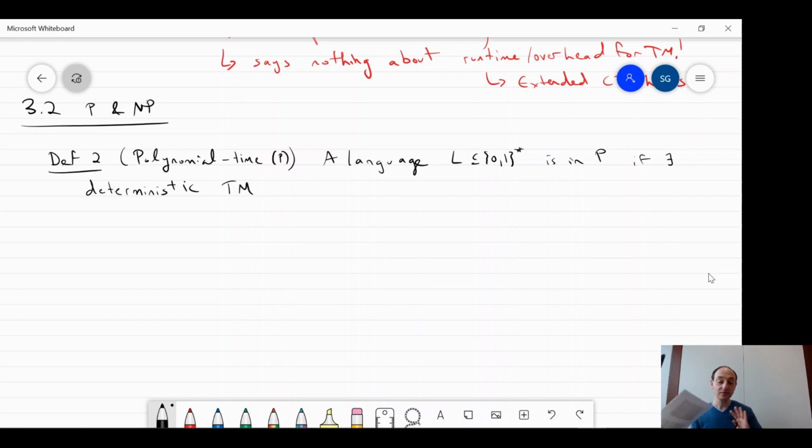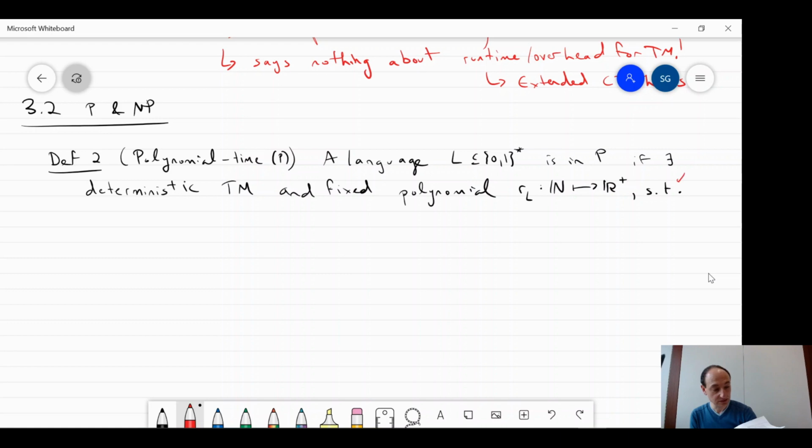And let me be clear that in this course, whenever I say the words Turing machine, I always mean deterministic, unless I have explicitly said otherwise. So whenever I write TM, it's deterministic in your head. And there's a fixed polynomial R_L from the natural numbers to the positive real numbers, such that, and in this course I'll always use this notation, s.t., which means such that,